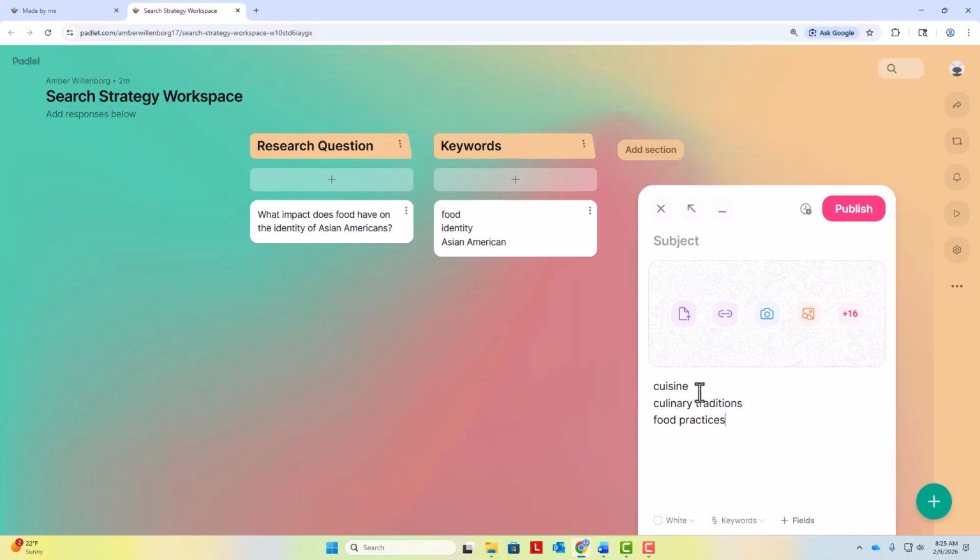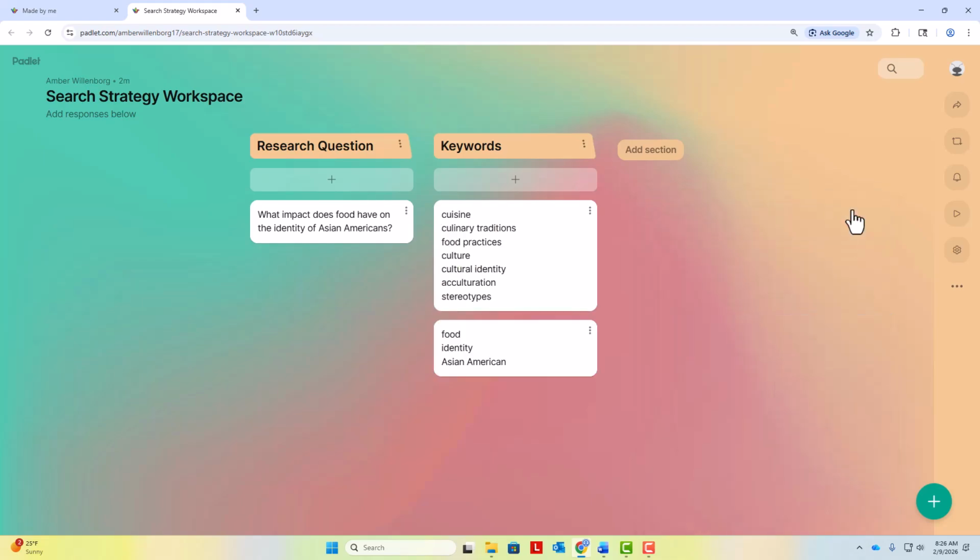We could add terms related to identity like culture or cultural identity. We could also add terms related to our question in general that might help us focus on an area of interest or take our research in a particular direction, like acculturation or stereotypes. Brainstorm as many keywords as you can. Having more keywords gives you more options for your search, so you don't get overwhelmed or stuck when you start searching.